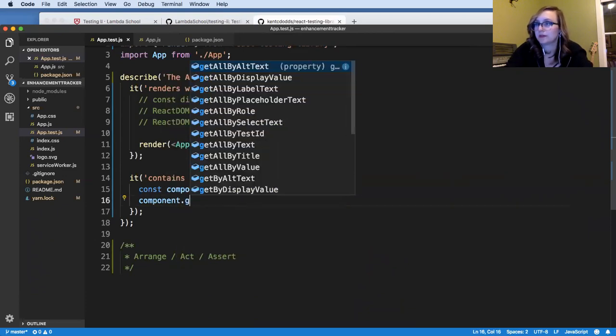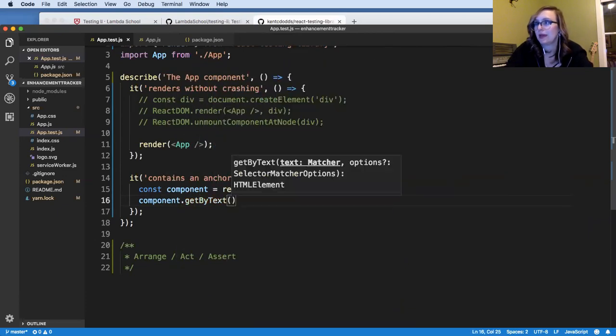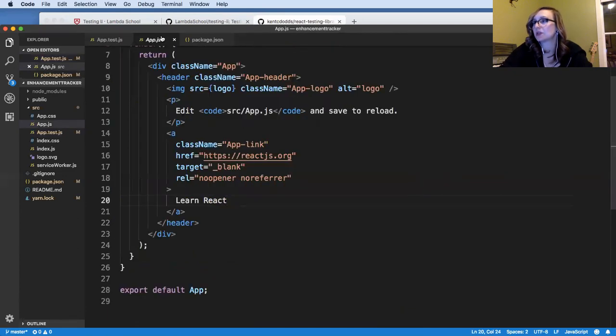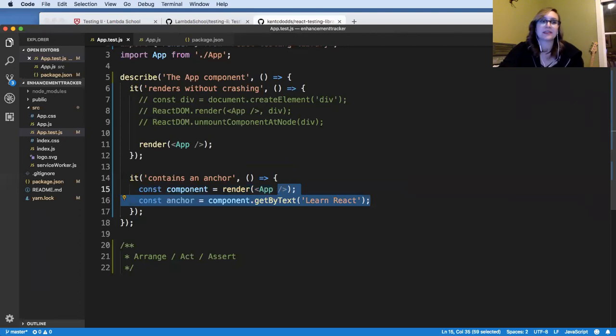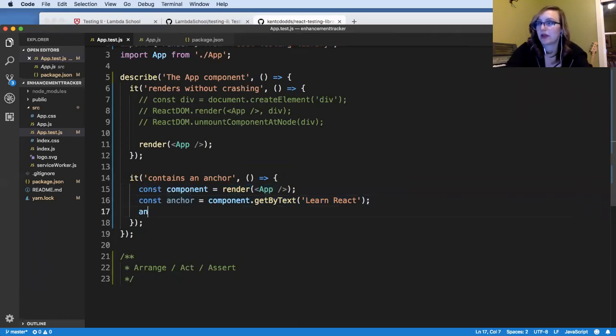So components. And we know that this anchor says learn React. And then we could go ahead and store this thing in here. So right now we're still doing this model of arrange, act, assert. We're kind of doing a combination of acting and arranging here. So we've loaded the page, and then we selected the anchor, and now we're going to start to assert some stuff about it. So let's go ahead and go